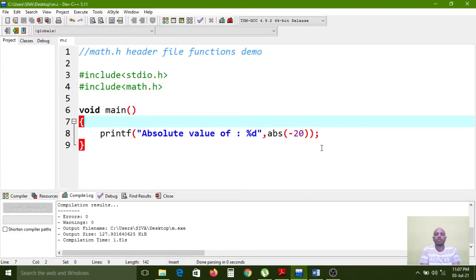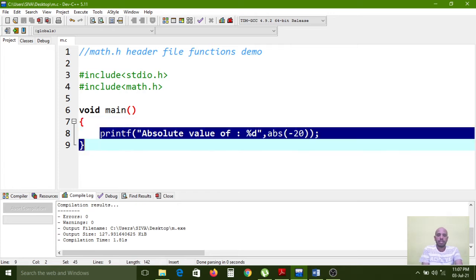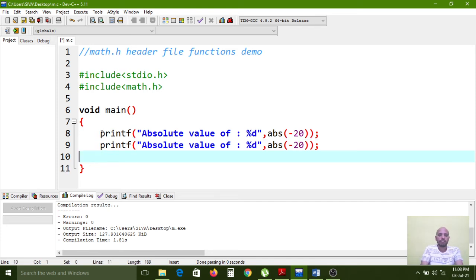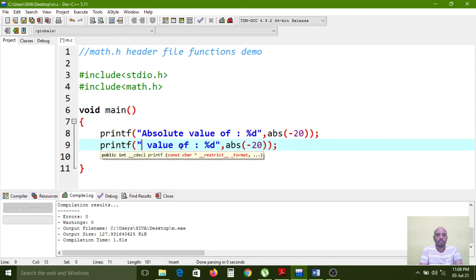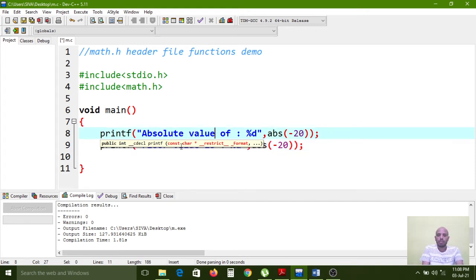Now floor value I am using. Now I am copying this line. Again I am pasting this one. Here the floor value is, so above also is okay.